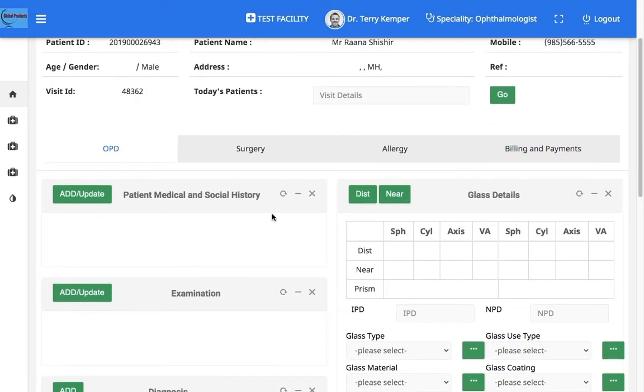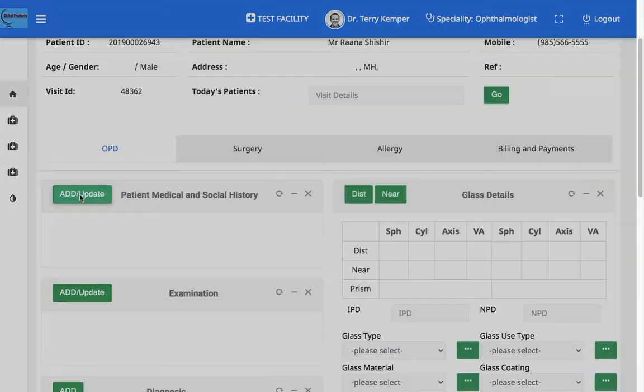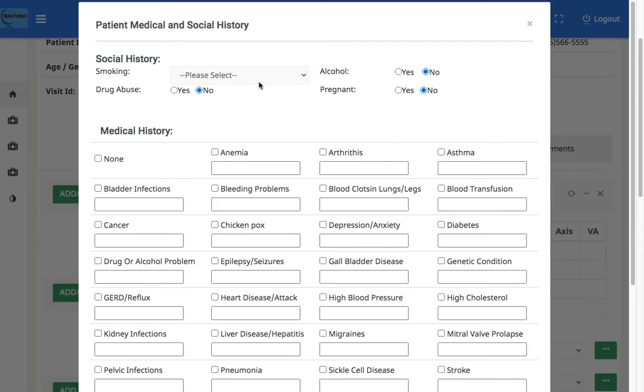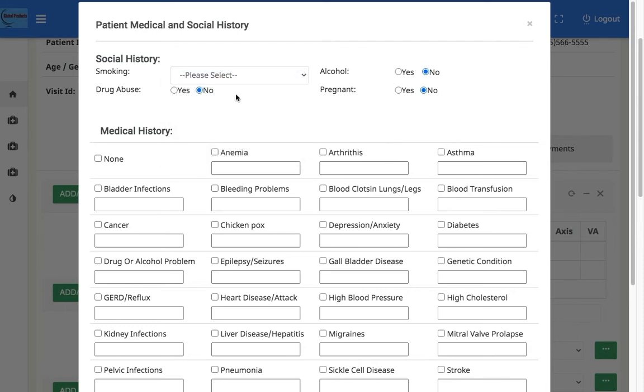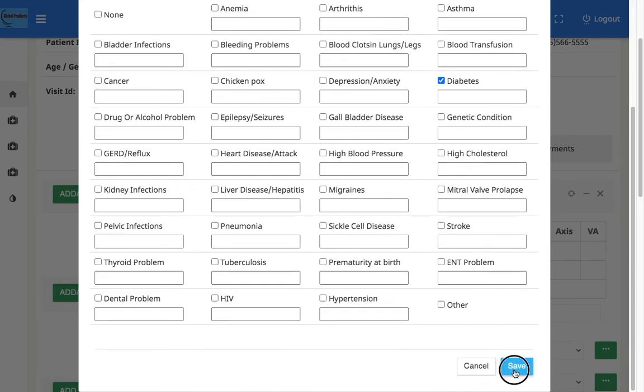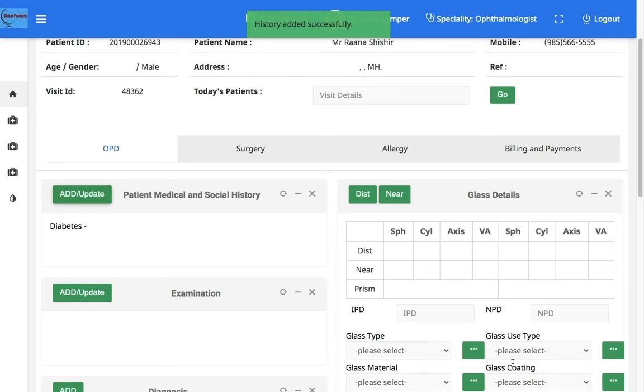Patient medical and social history is recorded by clicking on Add Update, which opens up a new window. You can record social history such as smoking, drug abuse, alcohol, and medical history. To record medical history, click on the checkbox to select, and comments, if any, can be entered in free text format. And clicking on save will save the medical history selected, and it is displayed in the patient medical and social